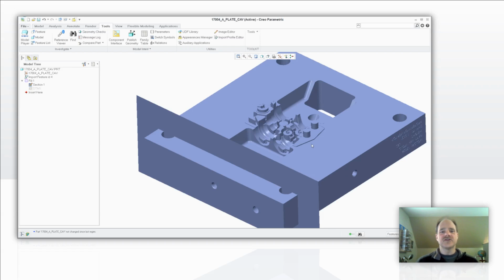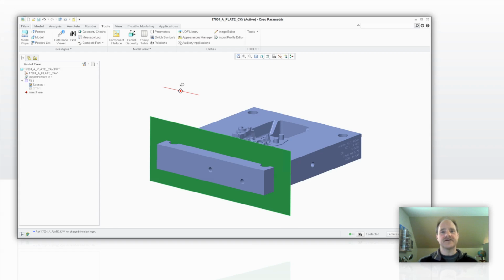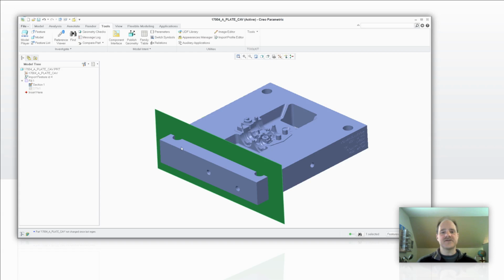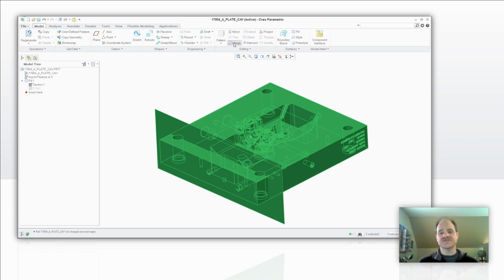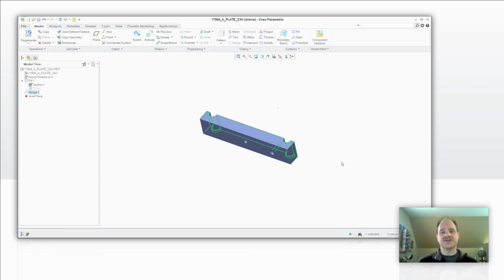Create a surface that's just a simple flat surface with a datum that you can edit on the fly. Take your two models here, so I'm going to take my original imported data and that new surface that I had created, go back over here and I'm going to merge the two together. Okay, so when you do this, make sure that you're saving just this end portion so that you can start moving things around